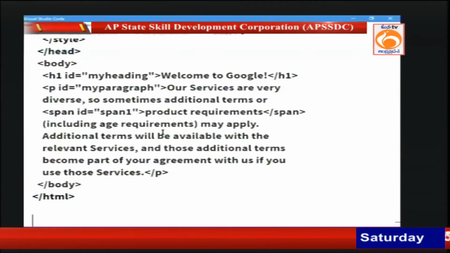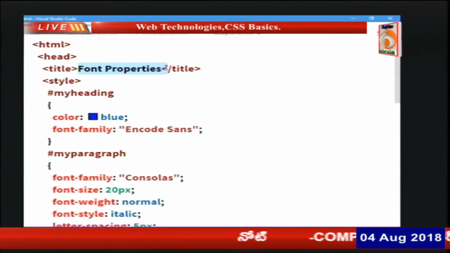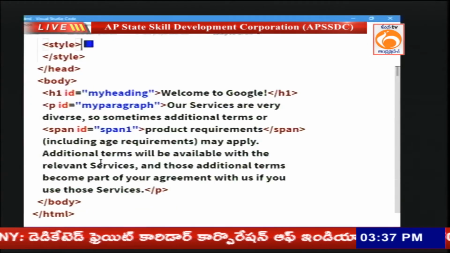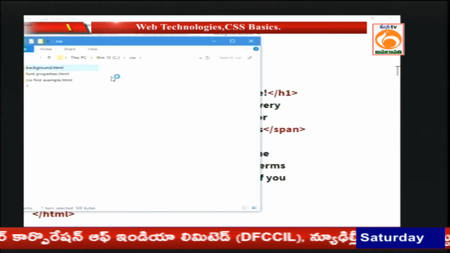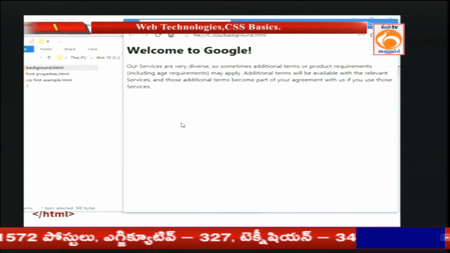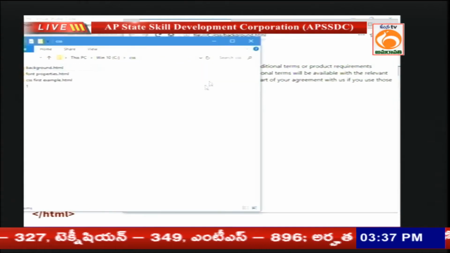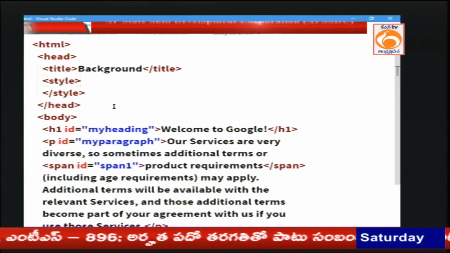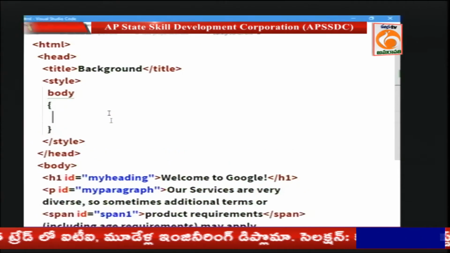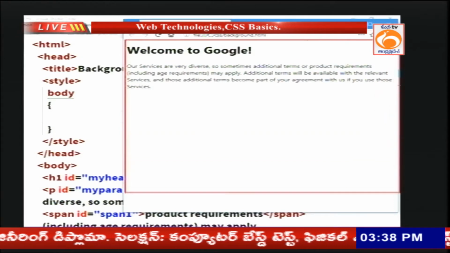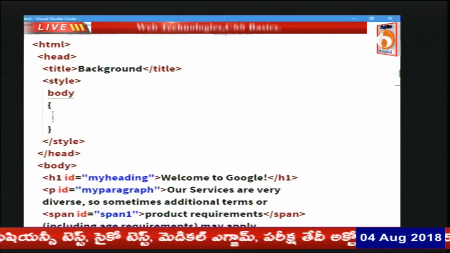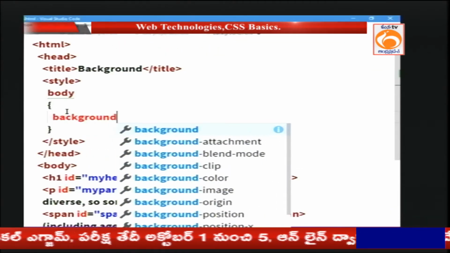Background.html I am going to create. Okay, we have created a simple page which has a heading and a paragraph. I want to apply a background color for the entire web page. To apply the background color, we have to use the body tag, because the body tag represents the complete web page. This complete white color area where you can see the web page is called the body tag. So, inside the body tag we are going to apply some style, for example, background color,